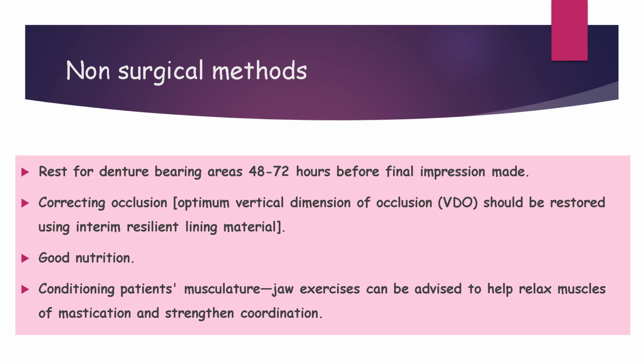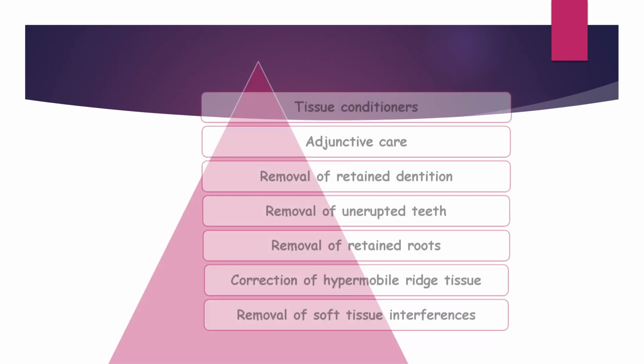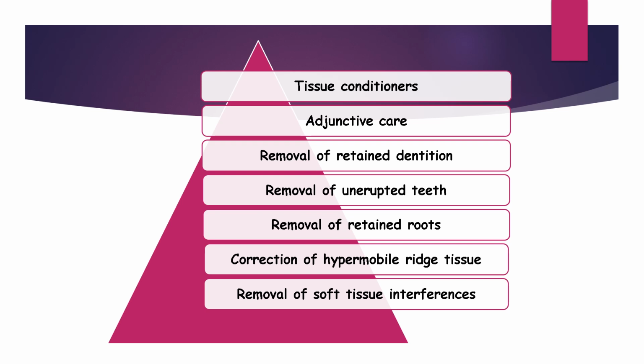That is, jaw exercises can be advised to help relax muscles of mastication and strengthen the coordination. So these are the steps involved in the non-surgical methods. And what are the surgical methods? Tissue conditioners, adjunctive care, removal of the retained dentition, removal of unerupted teeth, removal of retained roots, correction of hypermobile